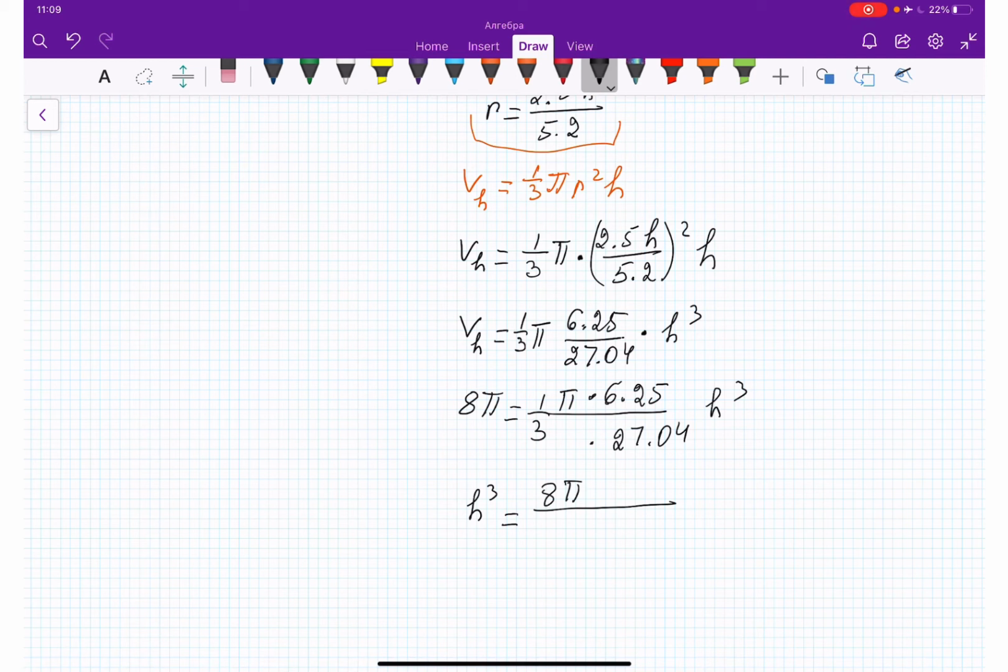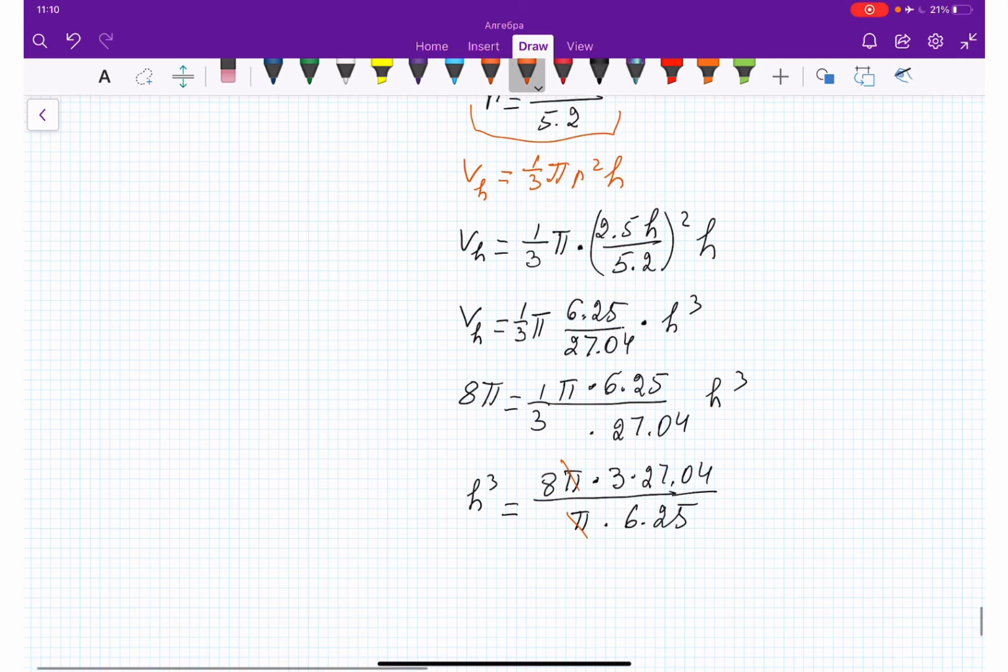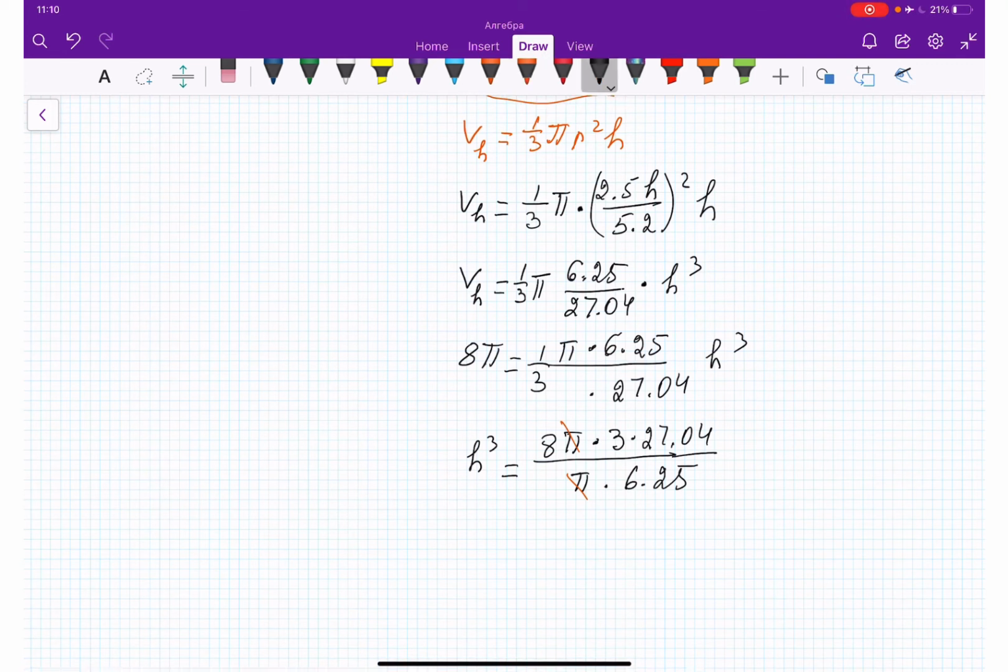From here, h cubed is equal to 8 pi divided by this entire piece here. When we divide, we flip it, right? So it's going to be 3 times 27.04 divided by pi times 6.25. This pi is gone with its pi, right? And we are getting h cubed is equal to